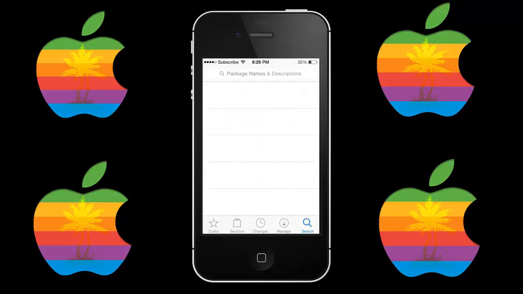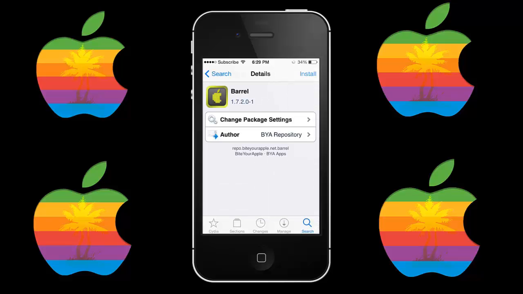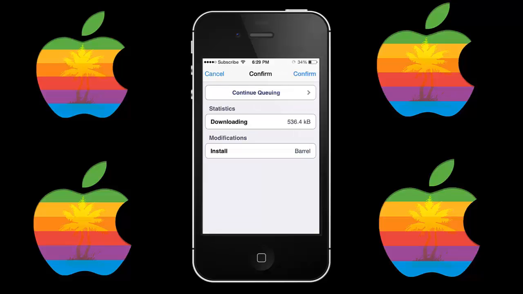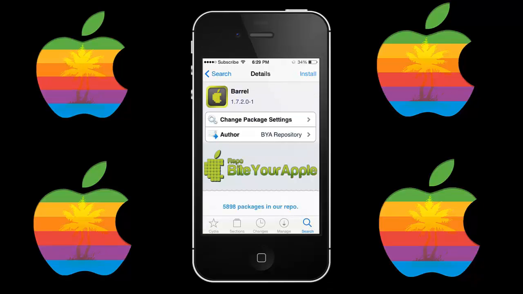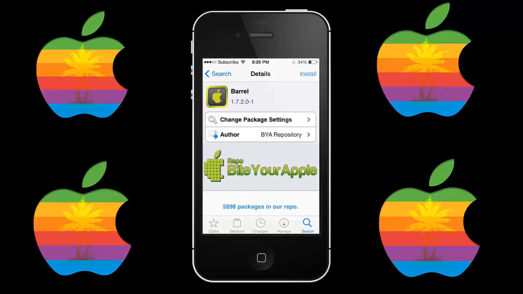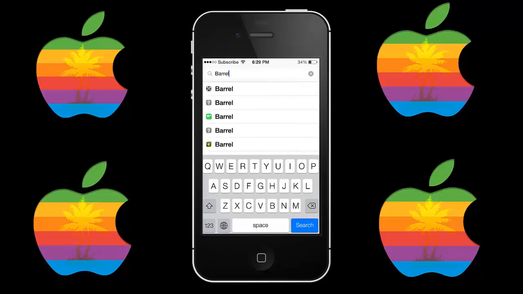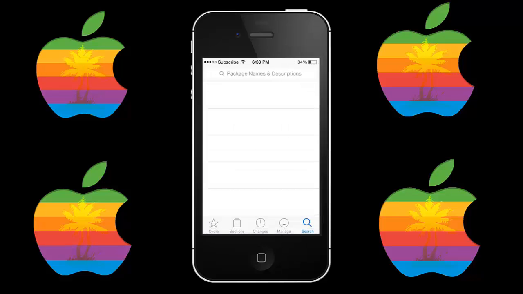But just in case you want help installing something, let's go Barrel. Let's go install Barrel. I'm not really going to install it, but I'm just going to show you what it will look like. So you go to install, and you want to click confirm. Once you click confirm, you're going to see a black screen with a whole bunch of lists of stuff. Now, what you're going to do is let it load. Do not touch it until it says like restart SpringBoard or reboot or return to Cydia and stuff like that. Like if you're adding a source, it's going to make you return to Cydia. The only time you're going to need to reboot is if you're downloading something like